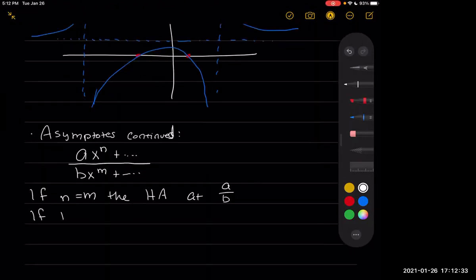If n equals m plus 1, if n is just one number bigger than m, then we have a slant asymptote,